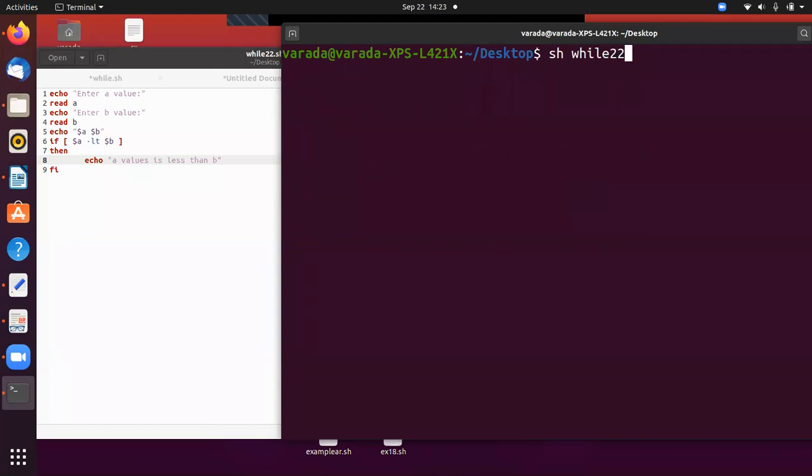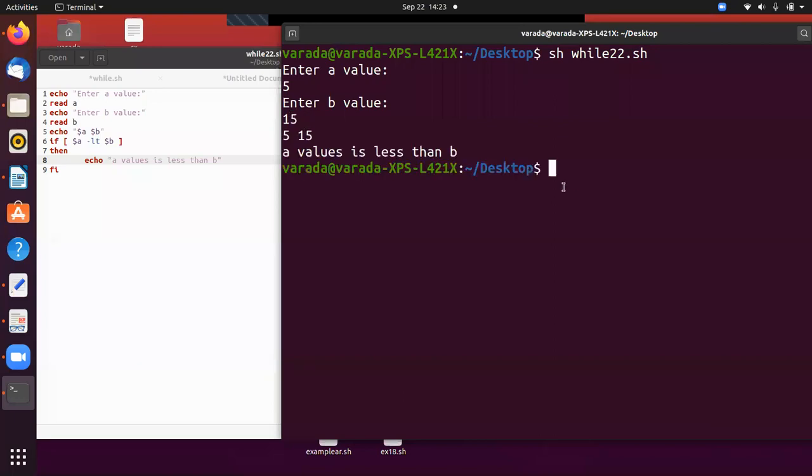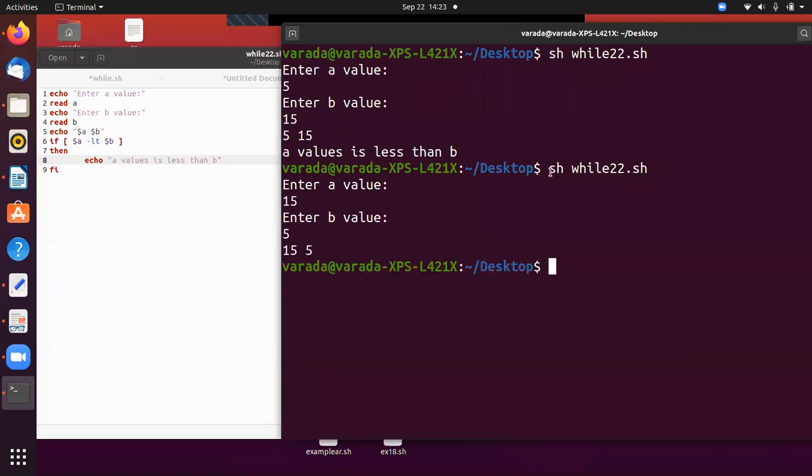While22.sh. Enter A value, enter 5, enter B value, enter 15. Now A value is less than B. If I give A value greater, 15 and B value 5, it does not display any message. Why? Here I am using hyphen LT.